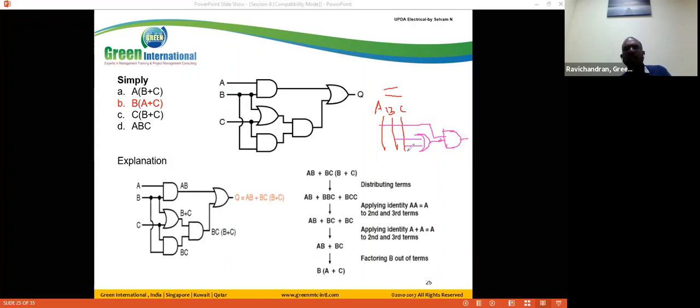So this is a given circuit. So we simplify B plus B into A plus C. This is the circuit for the entire output. It is a simplified network. For a simplified network, we draw the circuit. So here, compare this 1, 2, 3, 4, 5. Here we are using 5 gates. In the simplified network, we are using only 3 gates.